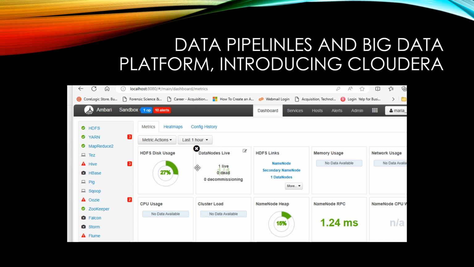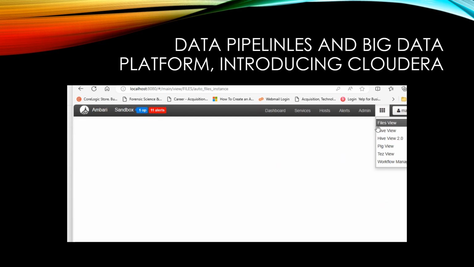Like I'm using 27% of my processing power. I've got my file manager here. I've got my resource negotiator here that connects pipelines and MapReduce that does a little bit of extra work under the hood. So I just want to go to my files,